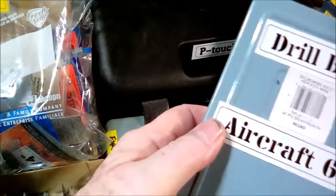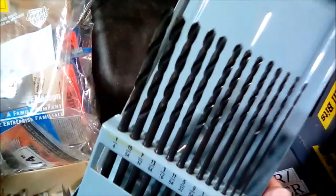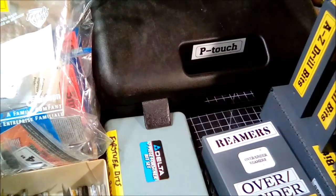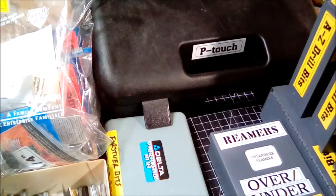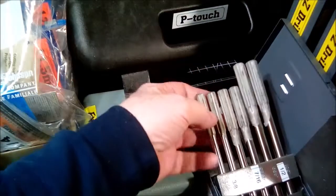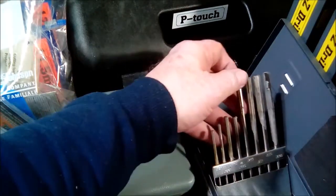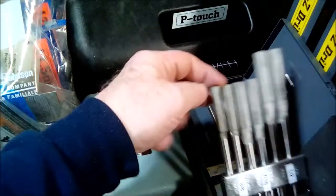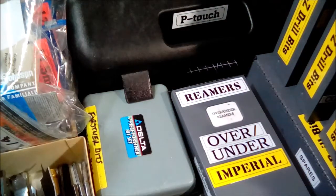And we've got aircraft drills, 6-inch aircraft drills. Yeah, sometimes come in handy. And nice set of over and under reamers. Which I don't use very often, so I've got them in wax, except for the one that I last used just a couple of days ago. But just dip them in wax, so there's no doubt that they're going to last. But they're over .001 over and .001 under. They don't have the regular size, but I've got another box full of reamers somewhere else, and